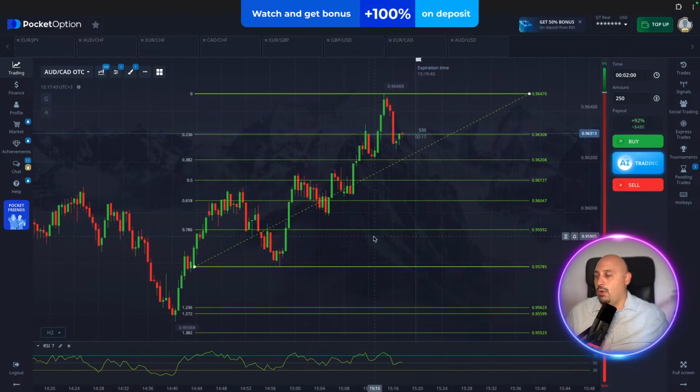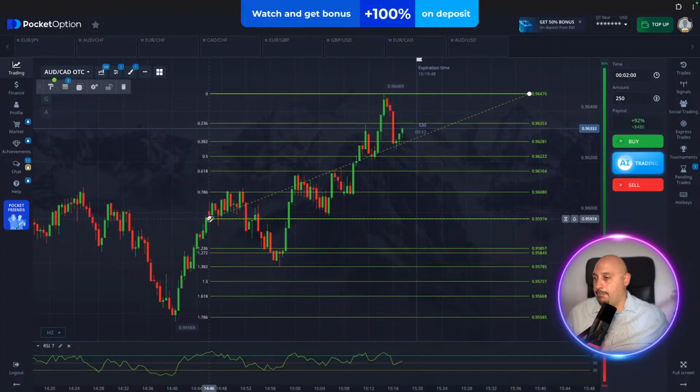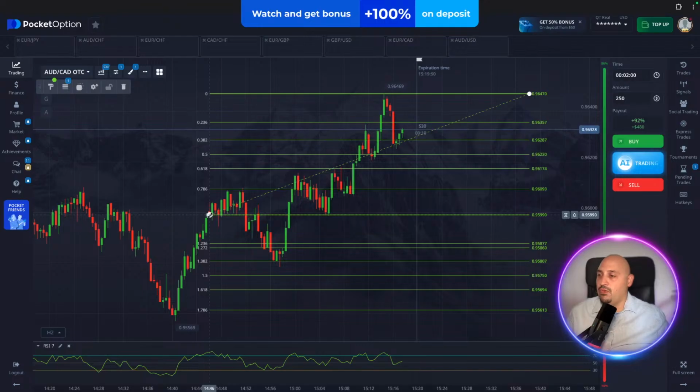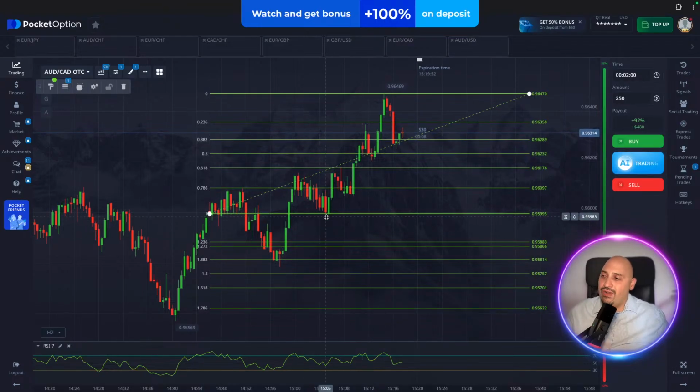Now, no, not this one. This one right over here. The reason why is because we've had already higher highs here, higher lows as well. See this? Higher low, higher low, higher low. It keeps going